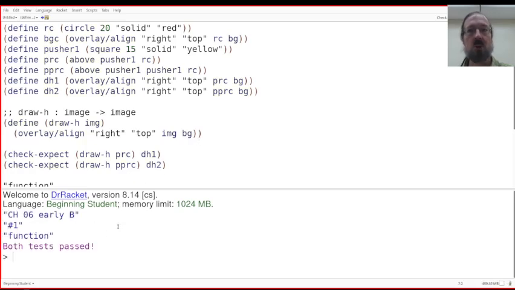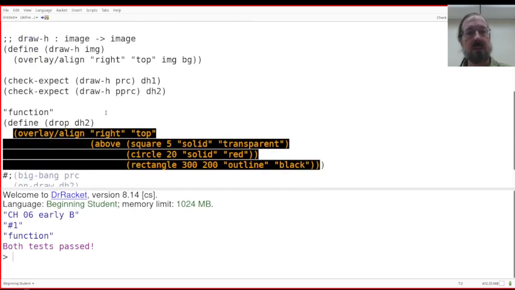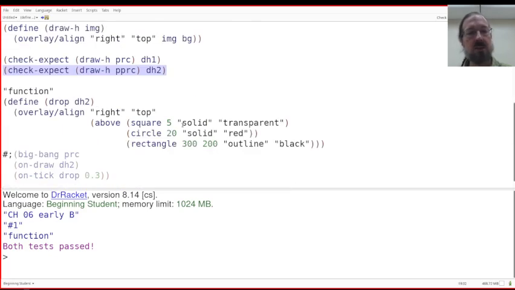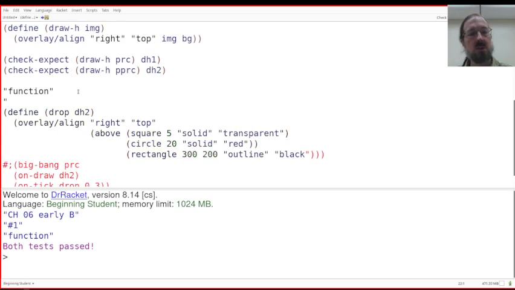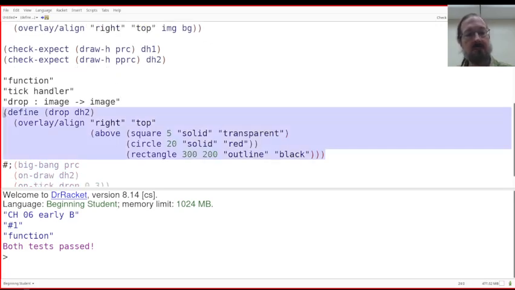Letting it run, both tests pass. Okay, good. Now I'm done with the draw handler. I've seen that it works in two different cases. Now we need to go on to the tick handler. And there's a tick handler here already. I think it should be labeled tick handler, but it's the right idea. So drop. It's going to take in an image, put out an image. And all this stuff,